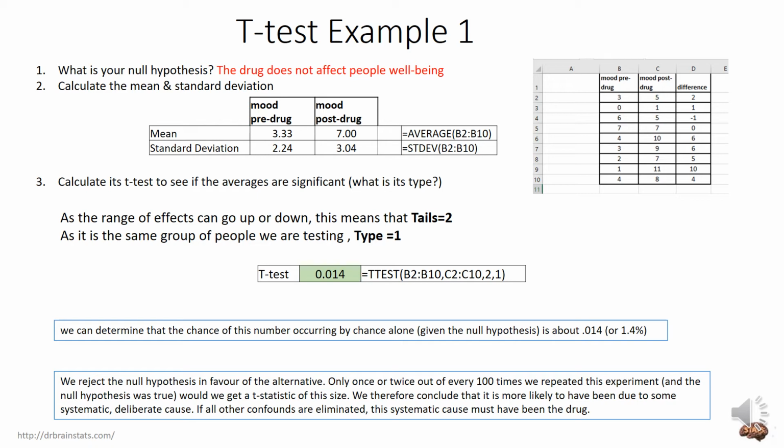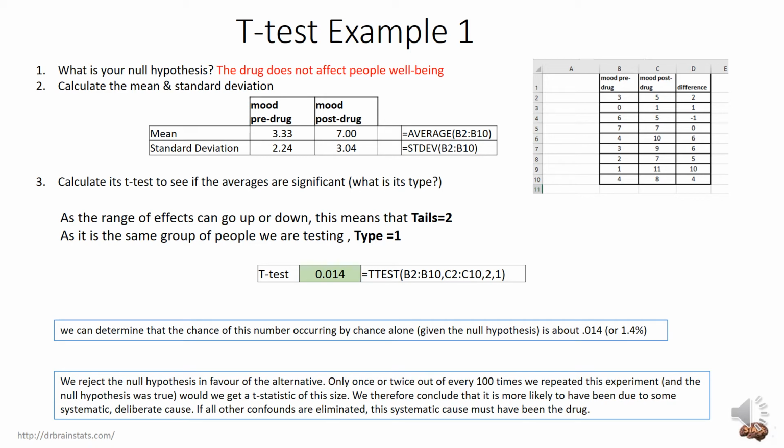Now we're going to calculate the t-test to see if the averages are significant. As the range of effects can go up or down, this means that tails equals 2. And as we are testing the same group of people, the type equals 1. And we see the formula on this page here. And we can determine that the chance of this occurring by chance alone